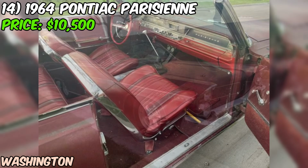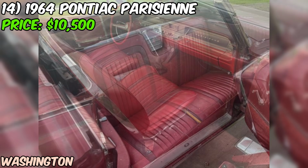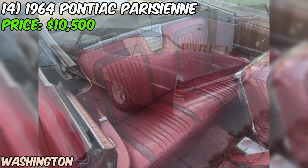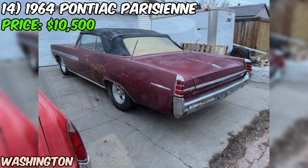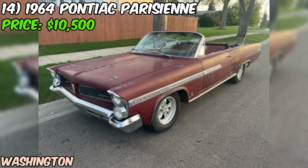However, for the right enthusiast, this could be a rewarding project. These cars aren't common, and a finished example could be quite valuable. Now let's be real here. This isn't a turnkey classic that you can just buy and cruise. It's going to need some love, time, and money to get it into top shape. But for someone looking for a unique project with ties to Canadian automotive history, this 1964 Pontiac Parisienne convertible could